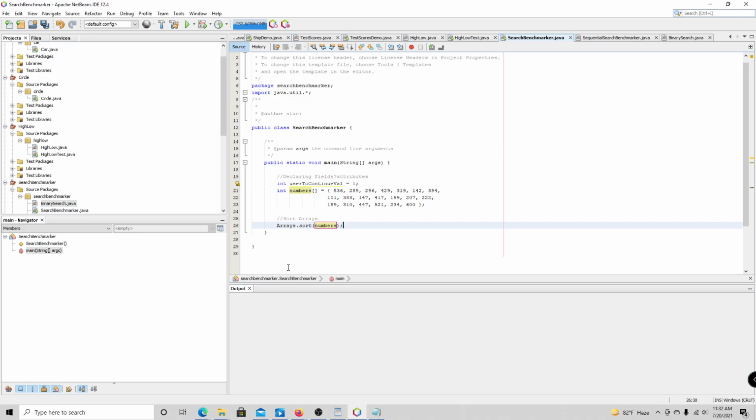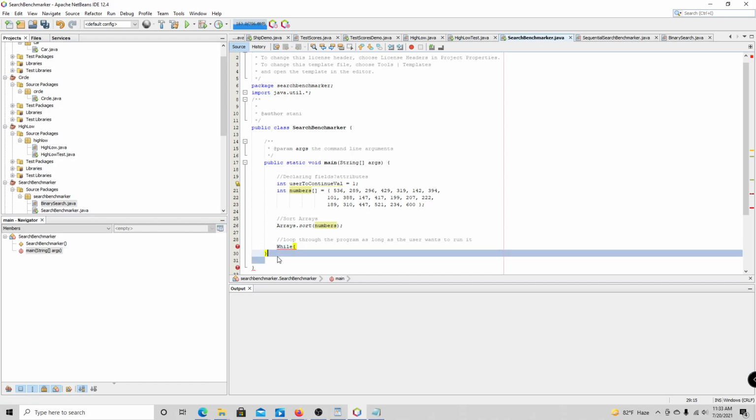So here, we loop through the program as long as the user wants to run it. The way we say it, while... I always set the wrong parentheses here. Okay, while